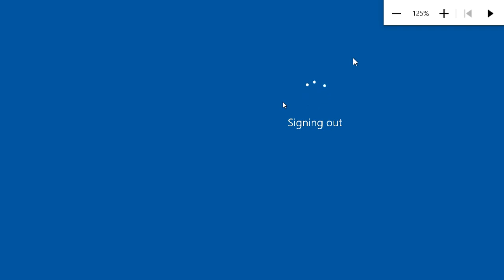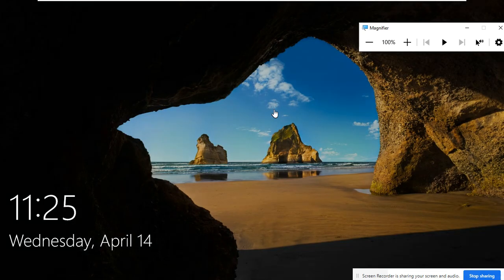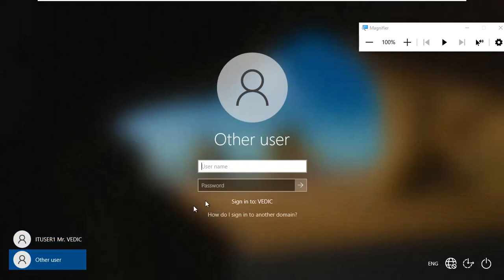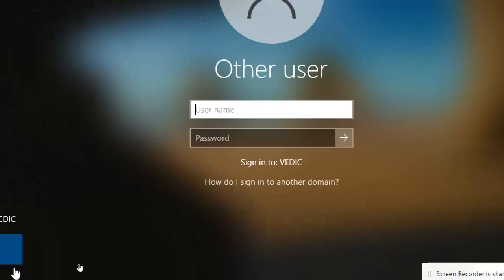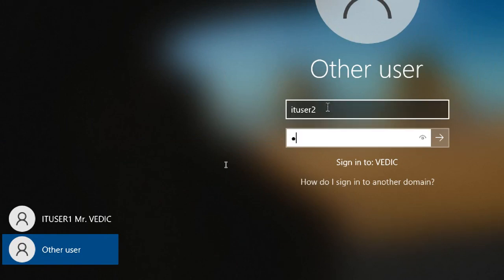I took a lot of time to explain this one. Click on other users, type IT user 2. The password I gave earlier, same password for both users.